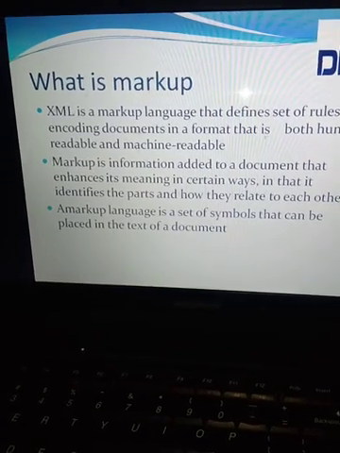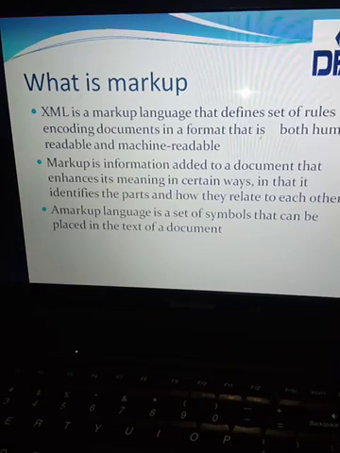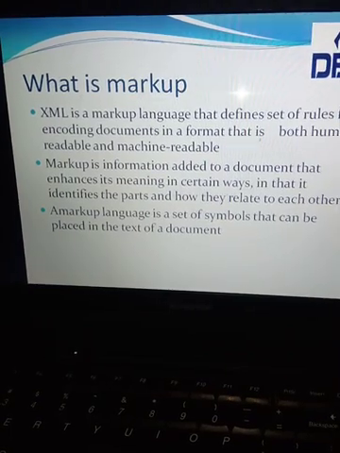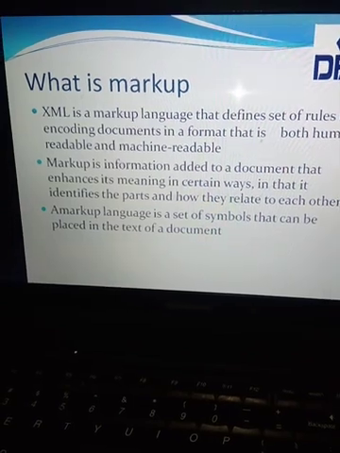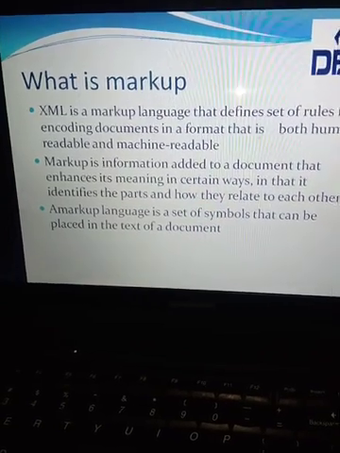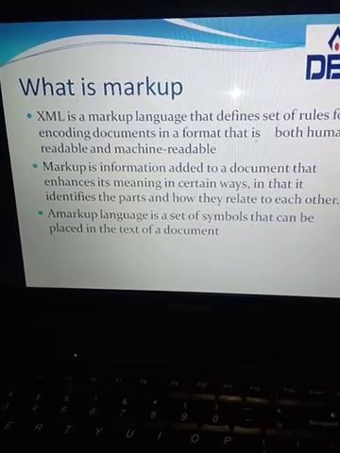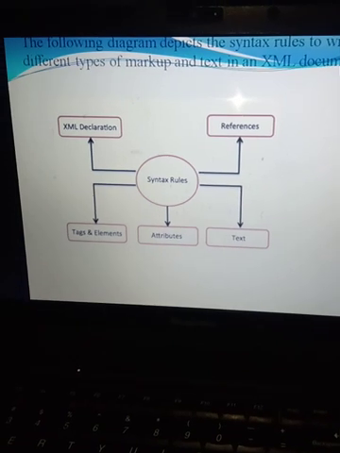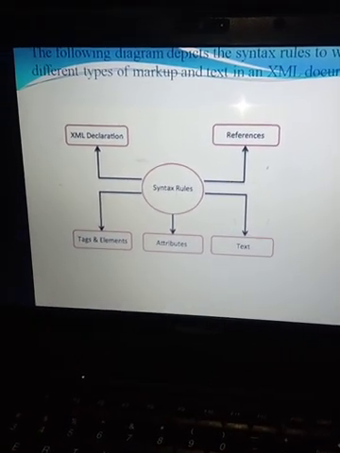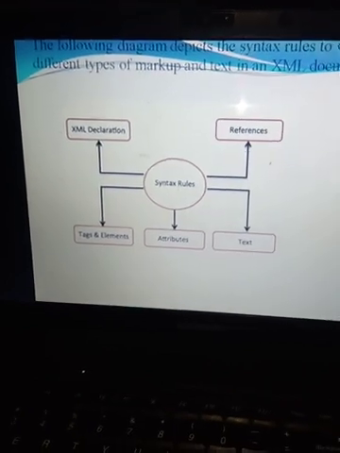Markup is information added to a document that identifies the parts and how they relate to each other. A markup language is a set of symbols that can be placed in the text of a document.